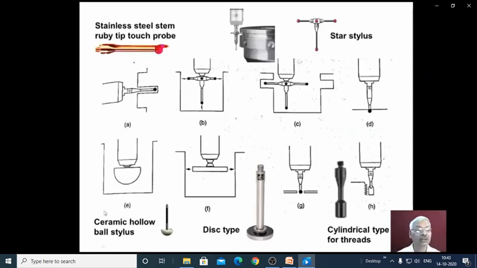Now you can see a variety of probes here. This is a stainless steel stem. The tip is ruby, and this stem is made of stainless steel, which is used to measure the recesses as well as the surface heights, widths, etc. Now you can see here a star stylus,